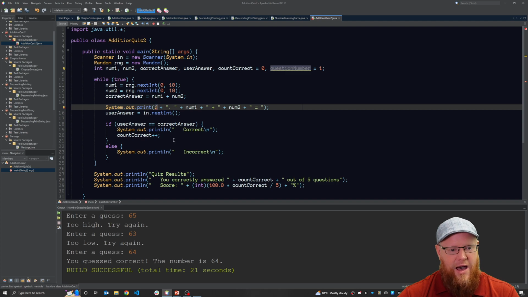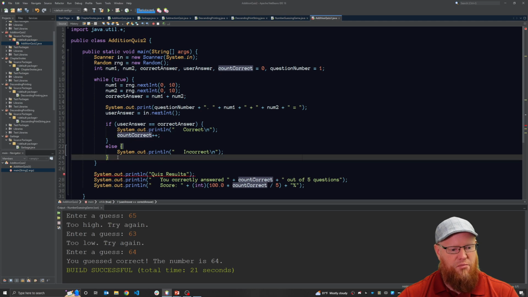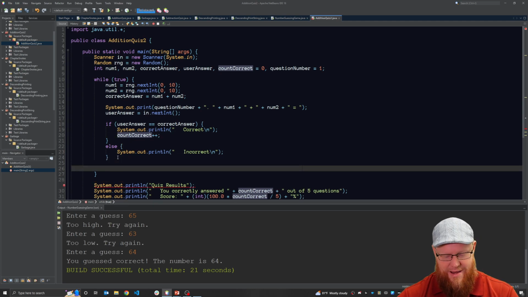And so instead of printing the question number here, if they get it correct, we're going to print correct and increment correct. If they get it wrong, we're going to print incorrect. Cool. But now, after we've checked if it's correct or incorrect, we need to ask them, would they like